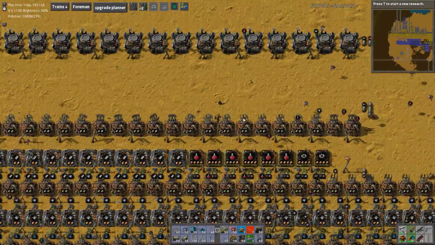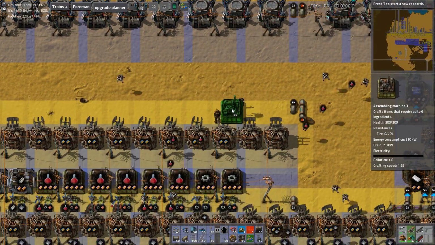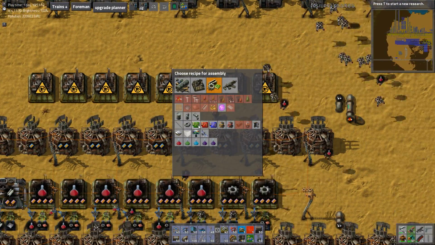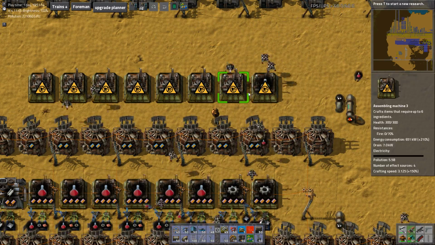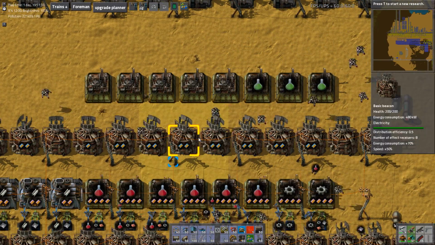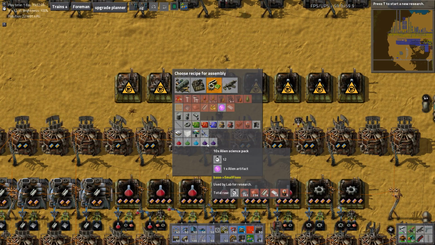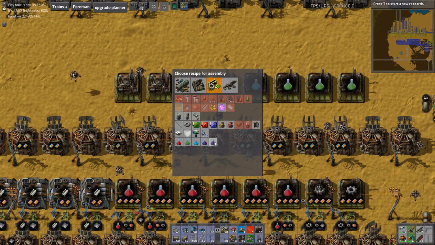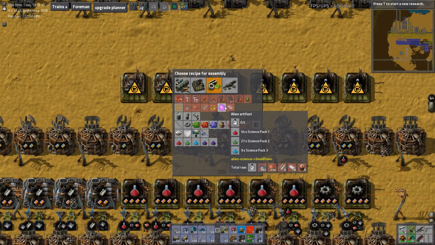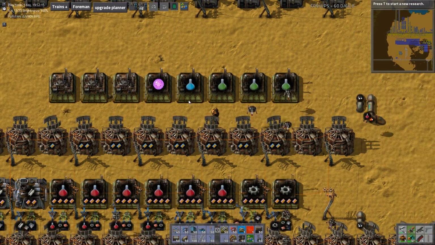You've got room for another row up here, so let's try to fit the green and the blue in now. So we're going to do 3 green. We'll do just the 1 blue. Then we'll try doing alien artifacts. That's it, really. All I'm trying to do is just make the alien artifacts. I don't want to make alien science packs. This whole setup is to get to that point, so...